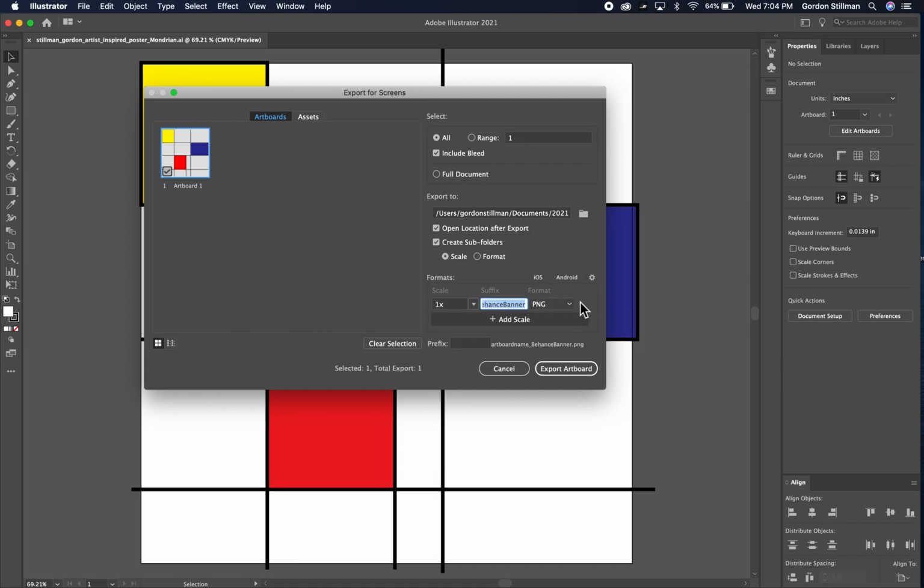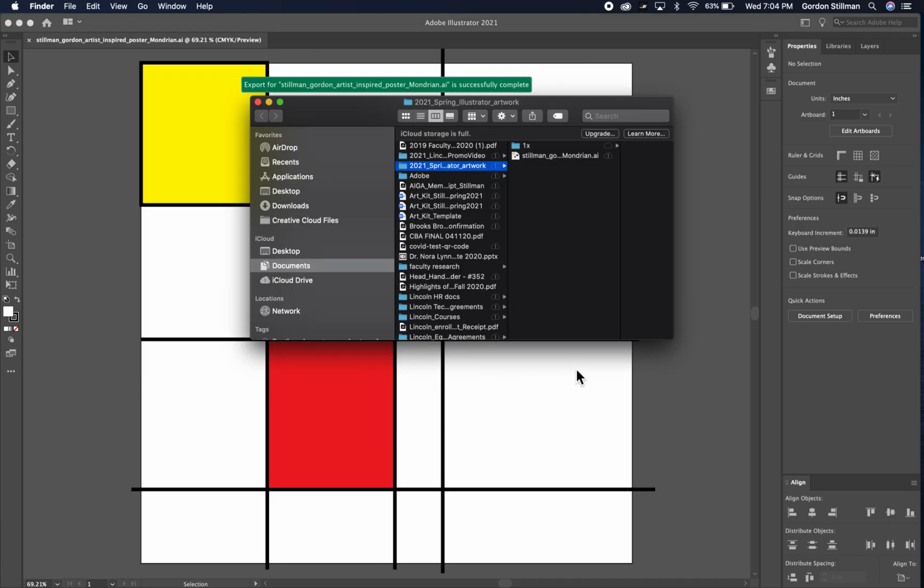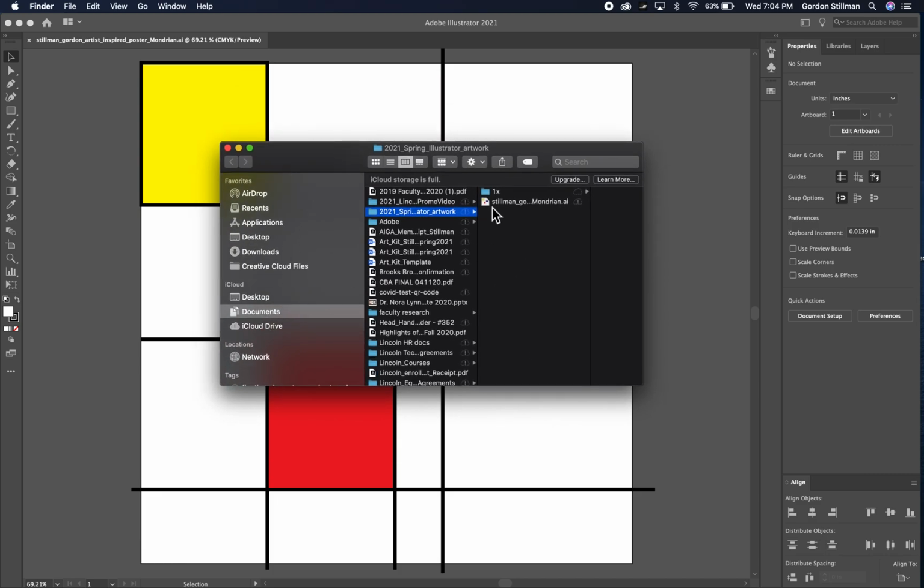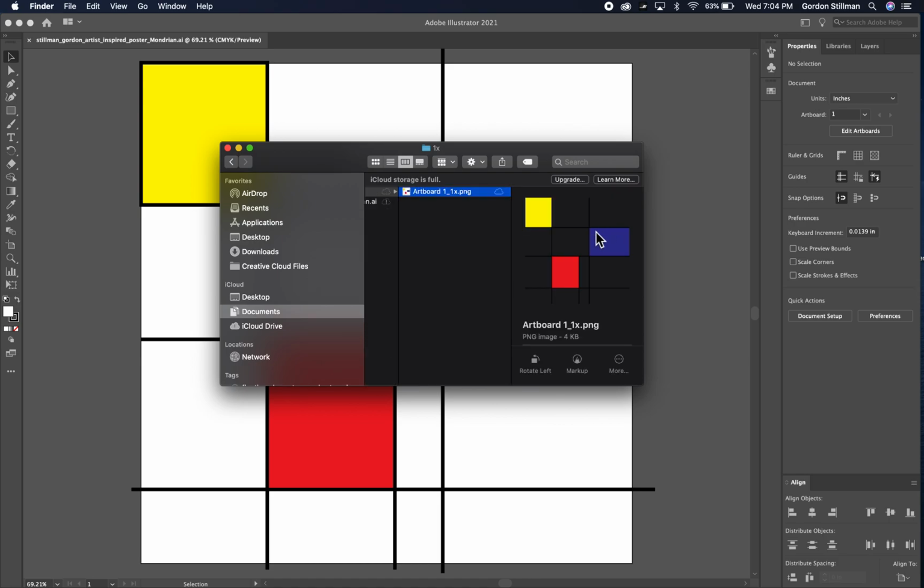I'm going to want to call this 1x suffix. And that's just going to be added onto the original file name, which we've already kind of saved here. And the format I'm going to want to choose is PNG. And this is a great format. It is easily readable. And so then I'm going to go ahead and choose Export Artboard. And now that I've done that, it will show up in my folder, in a 1x folder, and I will have my